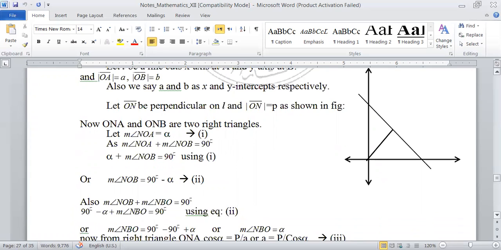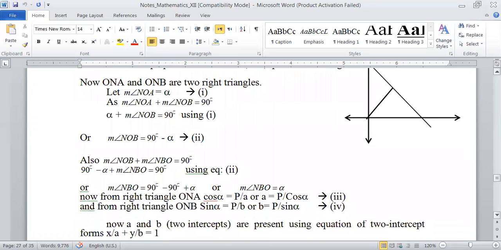Let O and B perpendicular. O से आप एक perpendicular ड्रा करें on the line L and ON is equal to rho, और ON का जो डिस्टेंस है वो हमने सपोज किया कि वो rho है. Now ONA and ONB are two right angles. तो आपके पास जो angle NOA होगा that is the alpha,